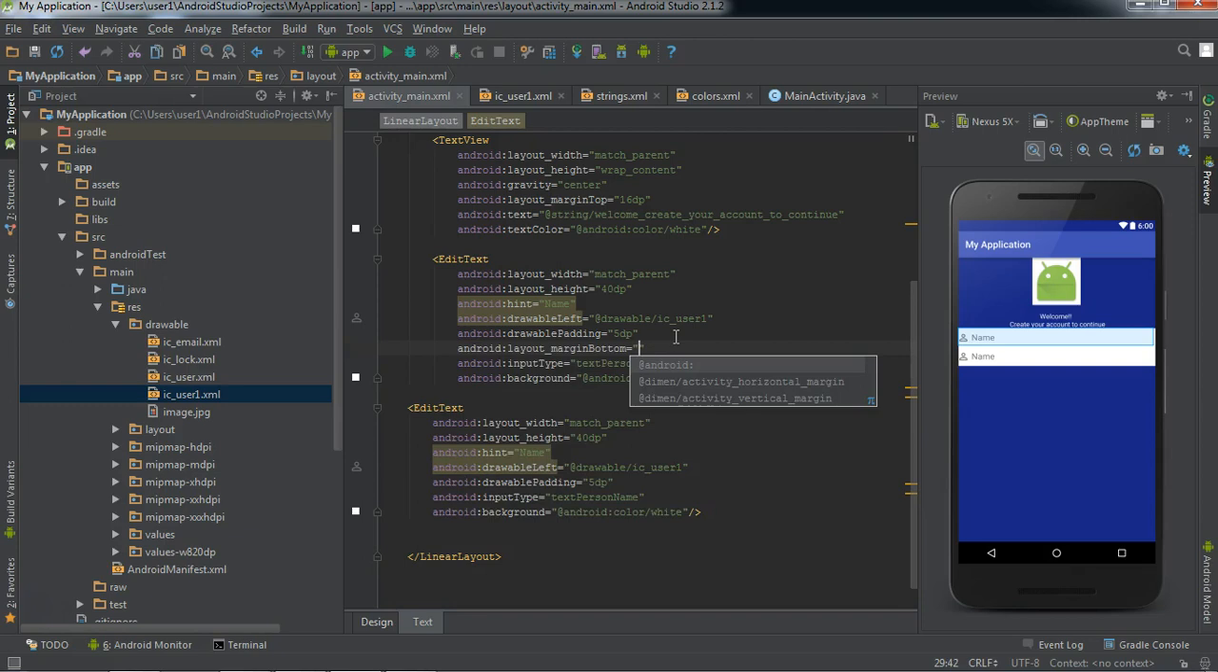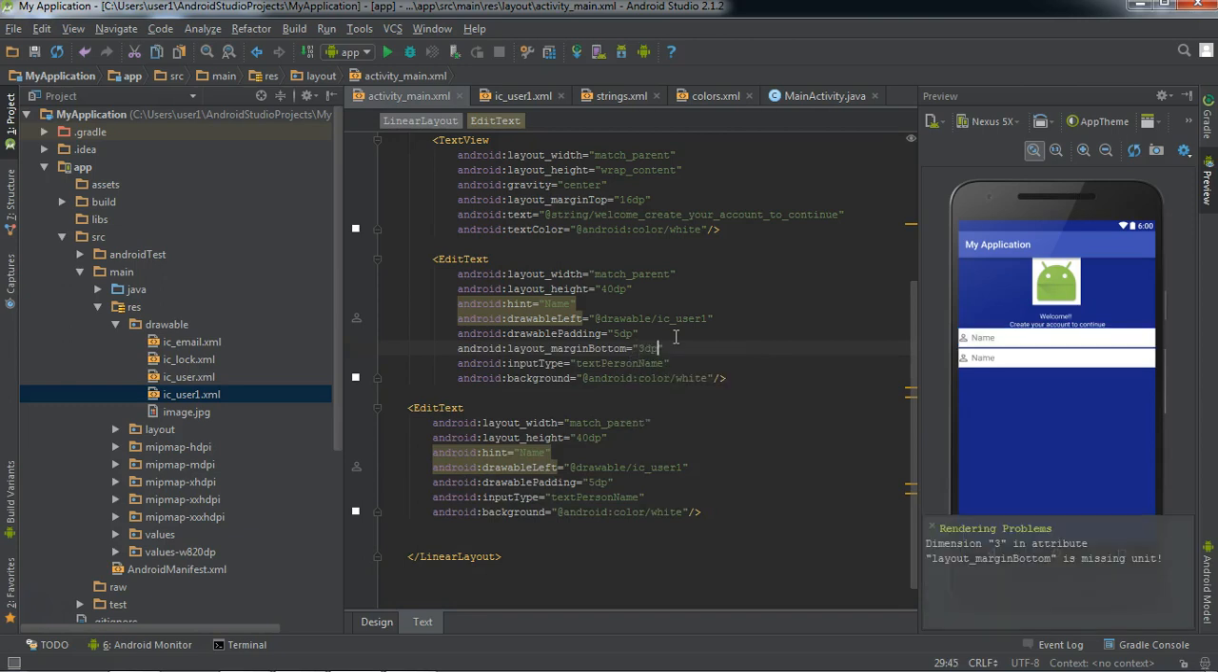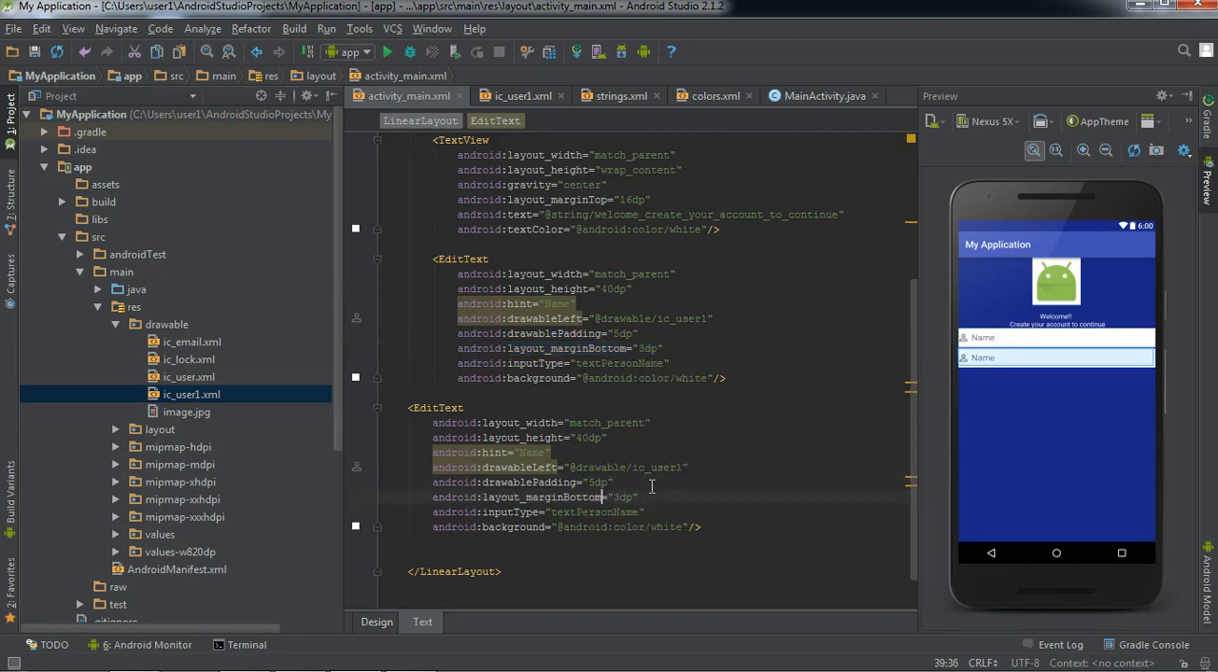and we can introduce space in between by using margin bottom, let's say 3 dp, and same here, and this will be margin top 3 dp. So here we can also introduce a margin top space for this, and